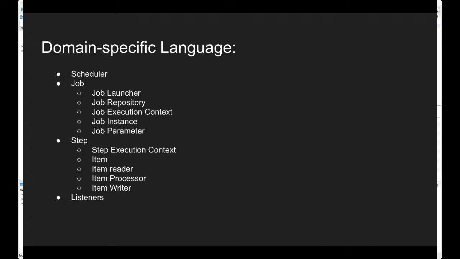First, let's start with the scheduler. What is a scheduler? A scheduler is something which schedules or triggers something. Let's say every 8 a.m. in the morning we should send a custom mail to our customers. Or it could be taking a backup of a database every 7 a.m. in the morning, or any timely manner in which we want to schedule some task. That helps us schedule something.